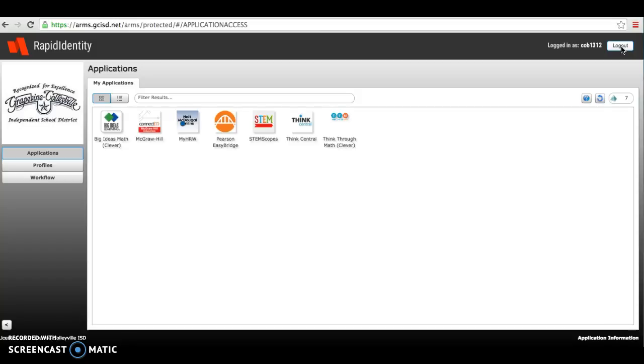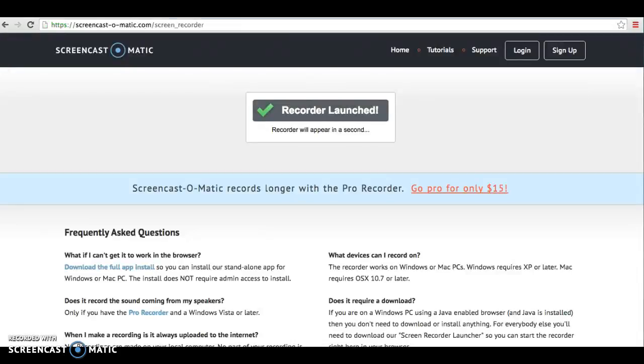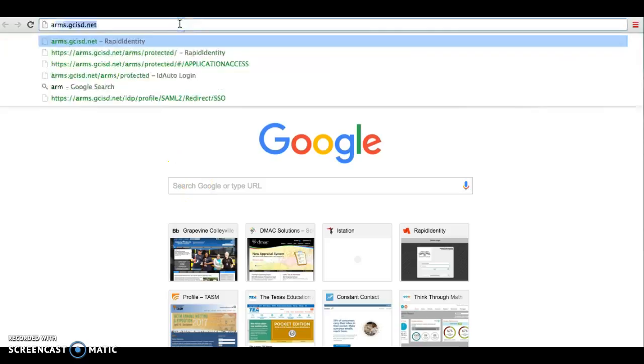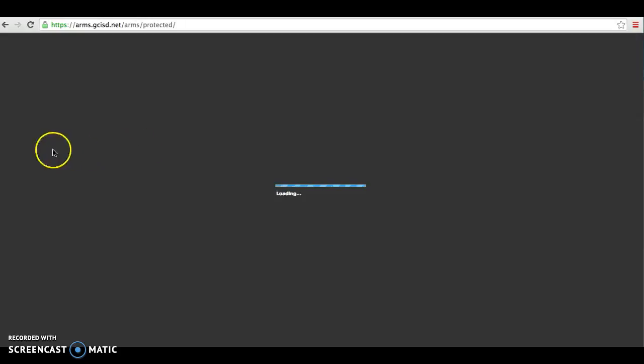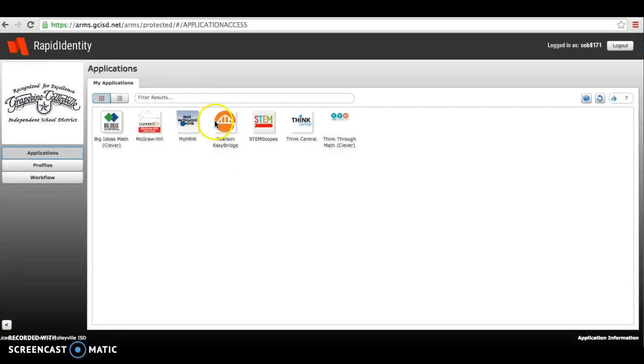I'm going to log out and use a 2nd grade account to show you what Pearson EasyBridge looks like when it is already set up for the student side. So using that student login, I get back into ARMS, click on Applications, go to Pearson EasyBridge,